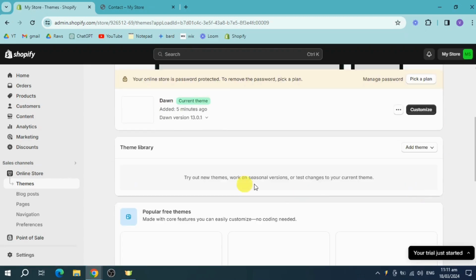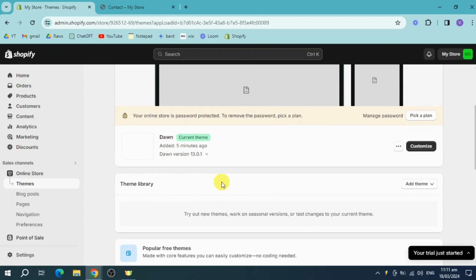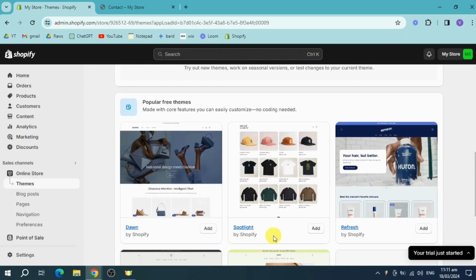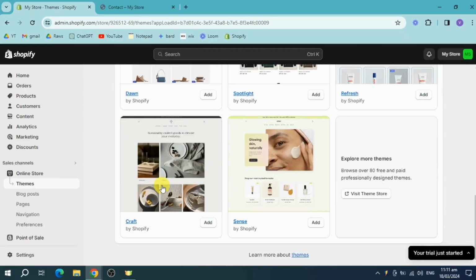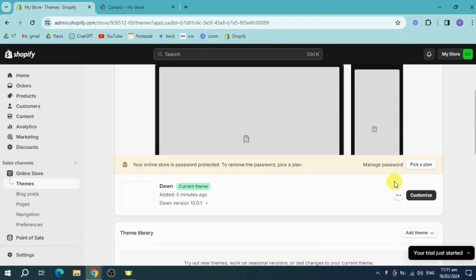So in here, you can also add a new theme. If you don't want this theme right here, you can choose the Spotlight, this Refresh, or anything right here that is from Shopify. Another thing that you can do is you can head over in here and scroll down,